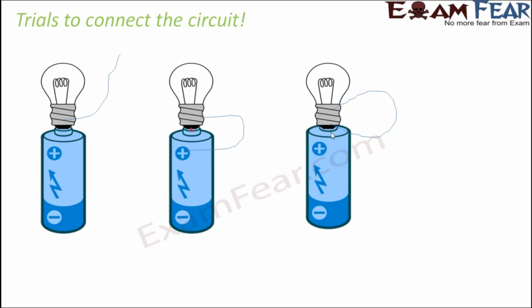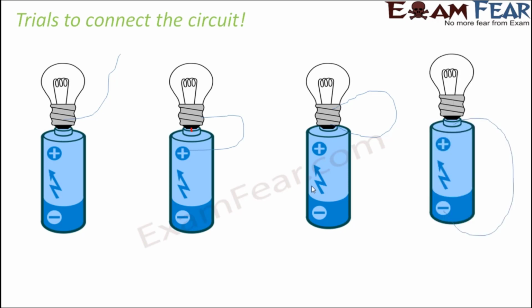Now in the third case, what happens is, again one terminal of the bulb, which is the base of the bulb, is connected to the positive terminal of the battery, but the other terminal of the bulb is connected to the bulb itself. So again in this case the negative terminal is left out, so the circuit is not complete. In the fourth case, you see the positive terminal and the negative terminal are connected to each other, but what about the bulb? So only one terminal of the bulb is connected to the positive terminal. The other terminal is not at all involved. So therefore again the circuit is not complete. So if we want to connect the bulb with the cell, we need to ensure that the two terminals of the bulb are connected to the two terminals of the cell.